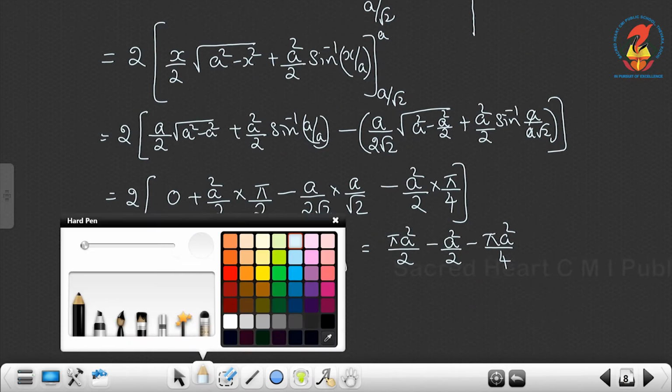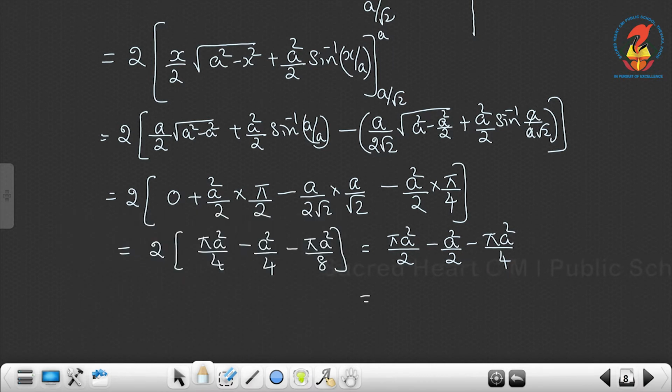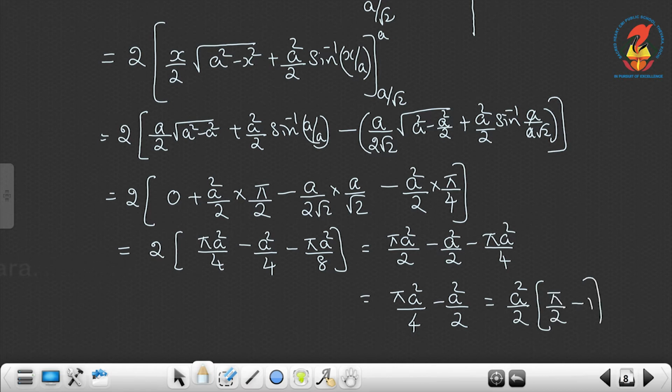Again pi a square by 2 and pi a square by 4 we can simplify. So taking LCM, 4 is the LCM. So multiply by 2, 2 pi a square minus pi a square becomes pi a square minus a square by 2. Or a square by 2 is common, taking out pi by 2 minus 1. This much square units for the